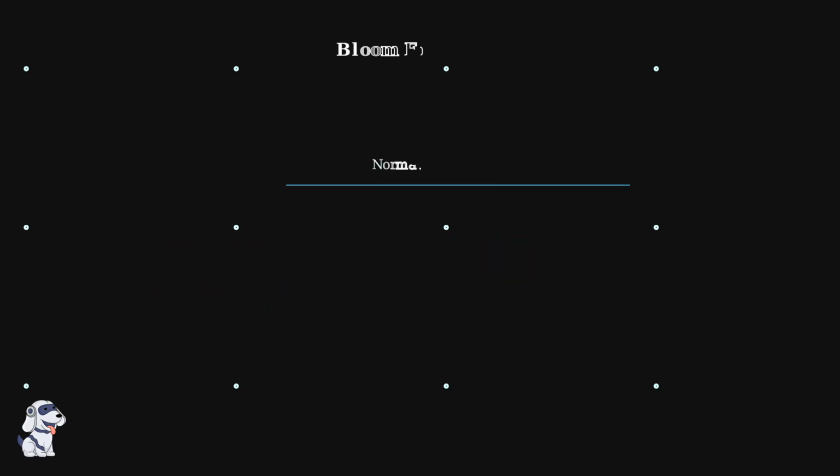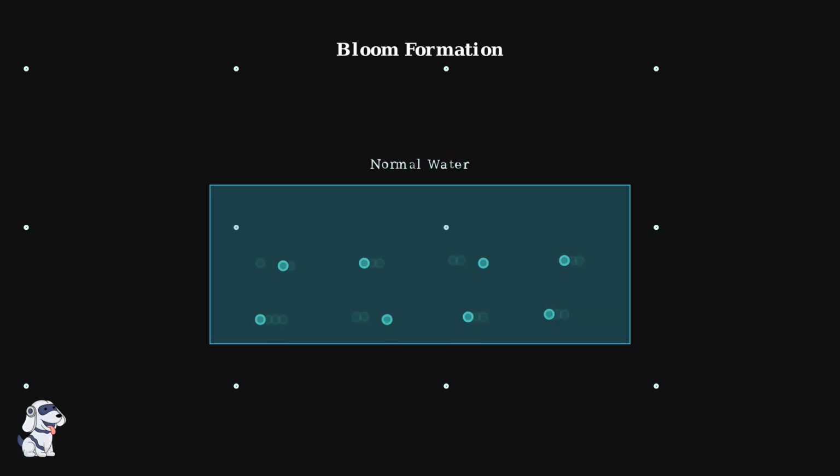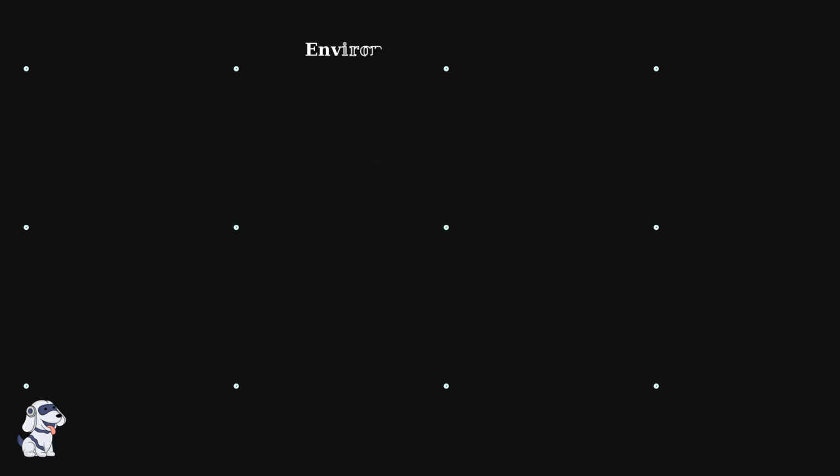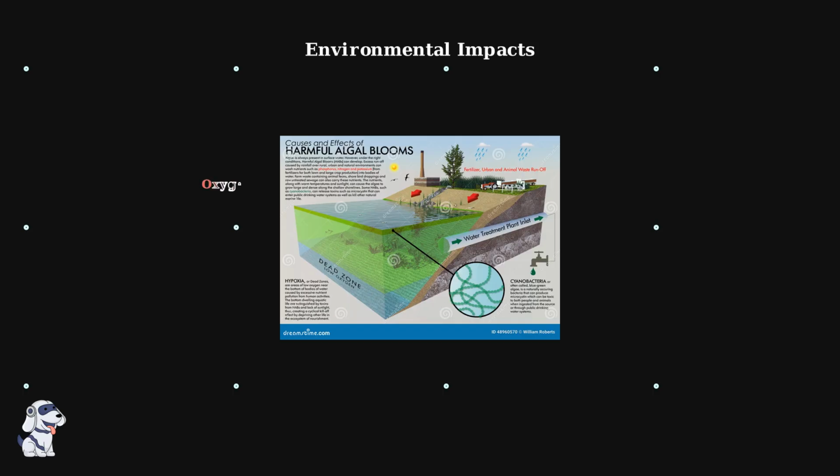When these conditions align, Anabaena cells begin dividing rapidly. What starts as a few scattered filaments quickly becomes a dense mat covering the water surface. These blooms have devastating environmental effects. They block sunlight from reaching underwater plants, produce dangerous toxins, and consume oxygen as they decompose, creating dead zones where